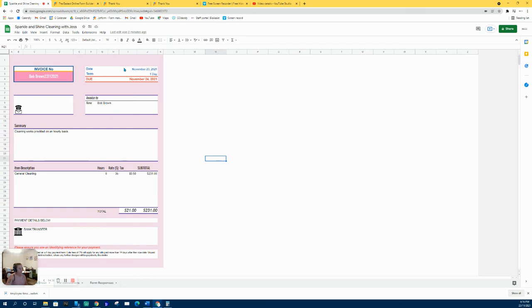The date has been input, and then our payment term, the due term. So it's due within 1 business day. That makes the due date November 24th. All of that is automated. In this area, pretty much the only thing that we need to put in manually is the summary, if it is different,